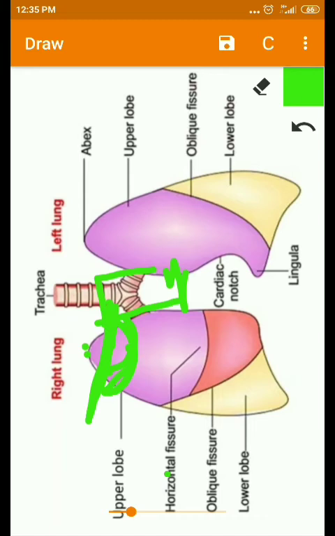It reaches nearly an inch above the medial one-third of the clavicle, just medial to the supraclavicular fossa. And this apex is covered by